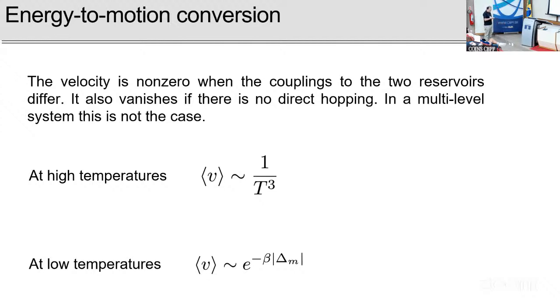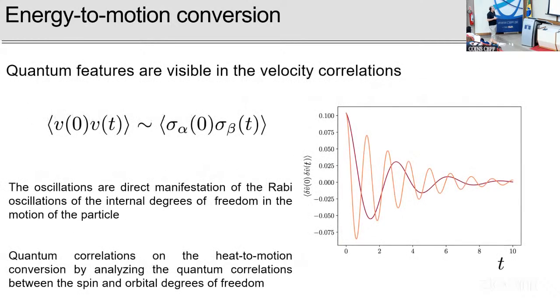As I said, the velocity will go to 0 at low temperature. This is essentially the minimum gap between the bands, and this is just thermal activation, so nothing else. So the velocity will go to 0 exponentially. At higher temperature, it will go to 0 smoothly as 1 over T cubed. In general, it will be a power law. I'm not sure if T cubed will always be the case.